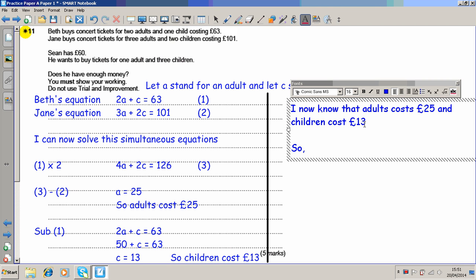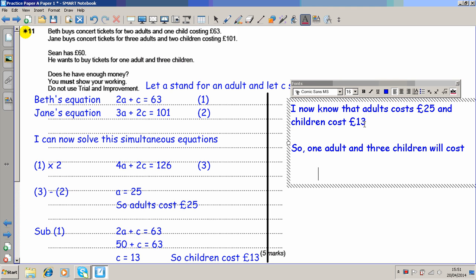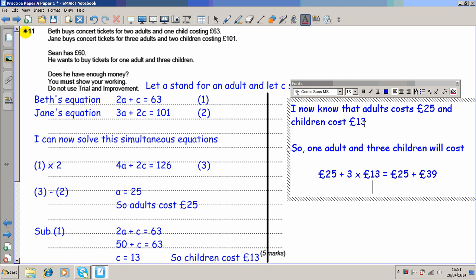So 1 adult and 3 children will cost £25 plus 3 lots of children £13, which is 25 plus 39, which is, if I add them together, 25, 50, 20 and 30 is 50, 5 and 9 is 14, so